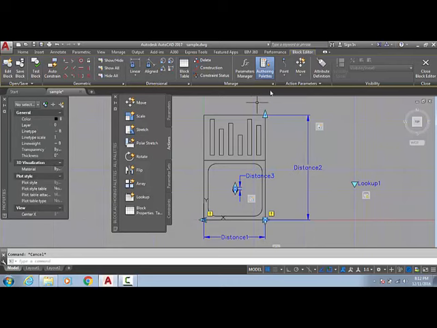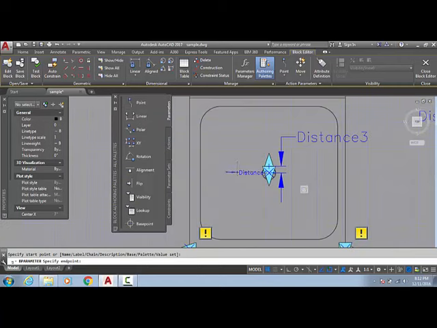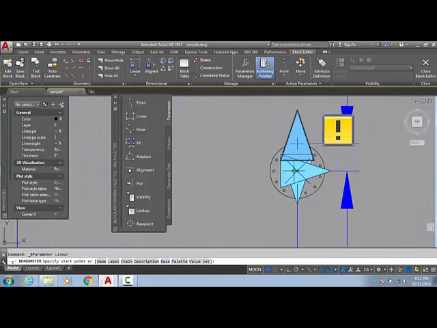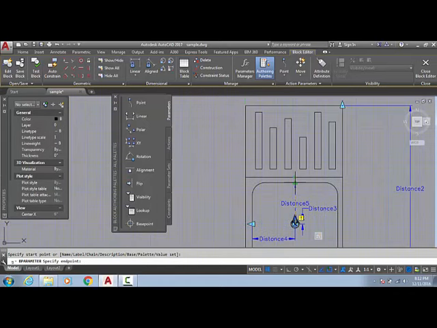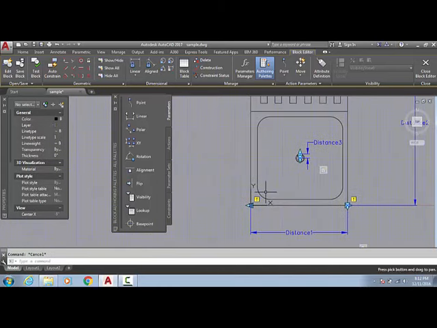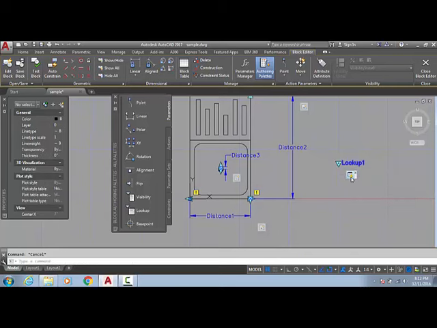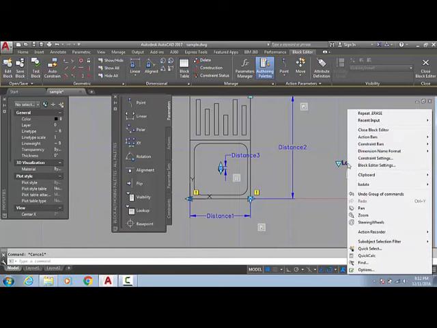So what we can do, I will delete this again. We will put this also. So if we stretch this, we will have to move this center also, and again this. But now we will also need to calculate all these things, so I am not going to do this in this video. Just go to the lookup table, select object, right click, action sheet, modify selection sheet, no need, okay. I am going to double click it, not going to open, right click, here should be edit lookup table.